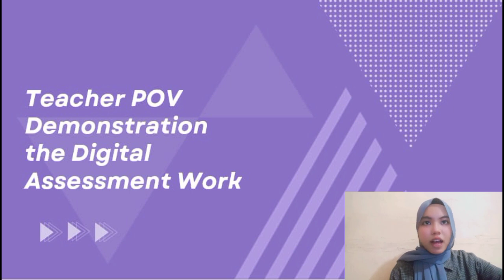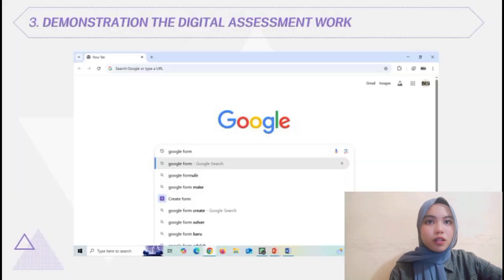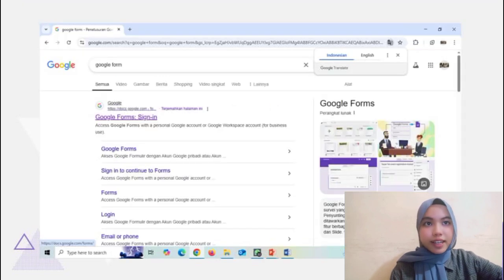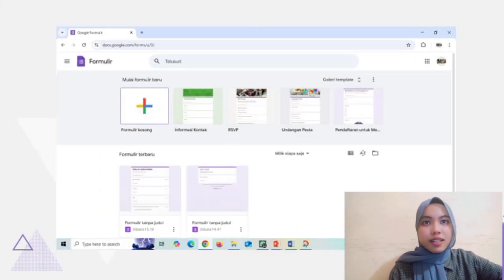Okay, next, I will explain how to demonstrate the digital assessment work. So first, you can go to Google Chrome and then type Google Form and click on the first result that appears. Next, click on the blank form icon, which is represented by a plus sign.